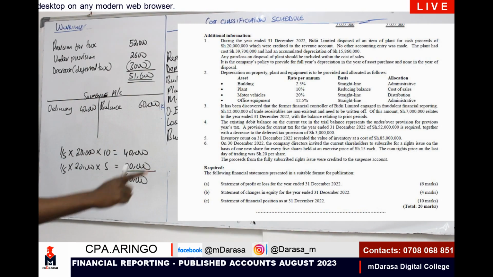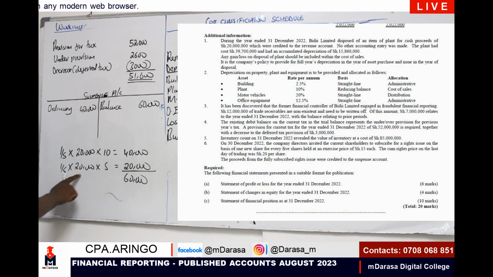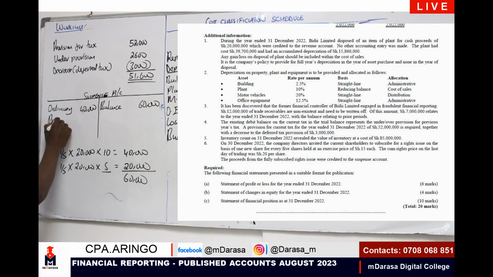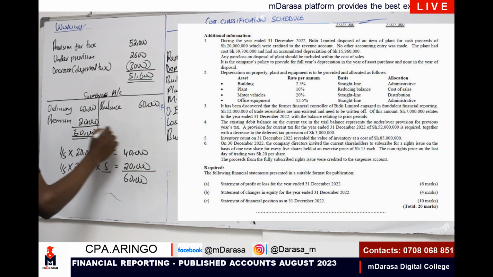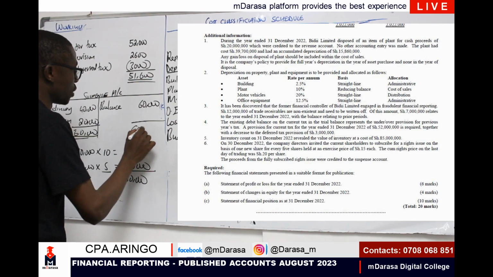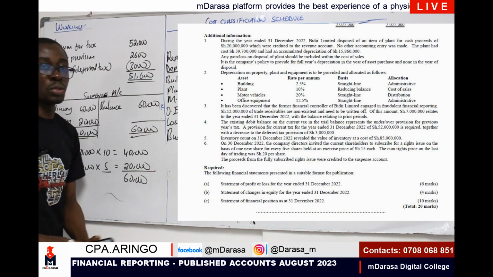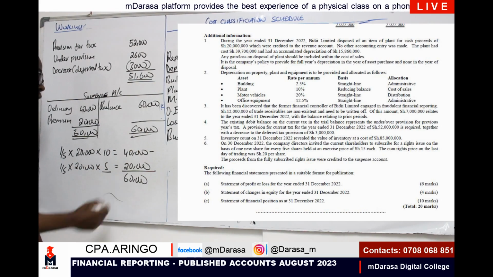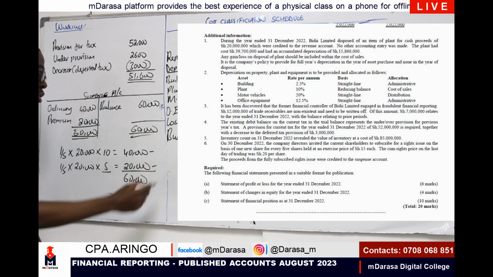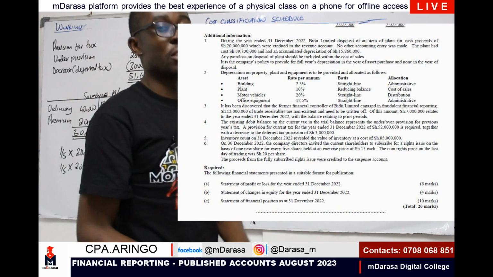where we have credited our ordinary shares. I'm also going to credit our share premium, the one for 5. So share premium, I'll be having, of course, a value of 20,000. So that at the end of the day, this suspense account will have been cleared. I know very well that when I'll be preparing my books, I'm going to increase my ordinary shares by 40, and we're also going to increase our share premium by 20.